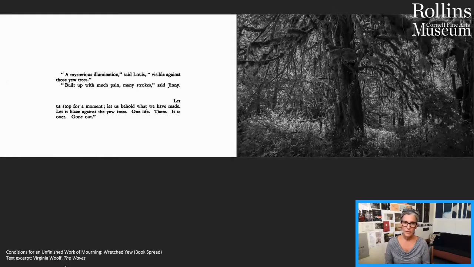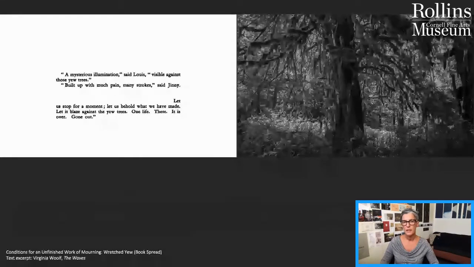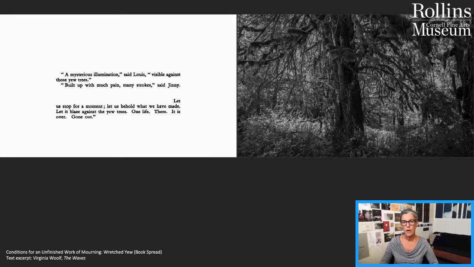So fixating on this passage again and again over time ultimately led me to start researching the complex mythological associations of the yew, which is really known as a symbol of both death and regeneration. And so the trees that Woolf would have been writing about were Taxus baccata, or English yew. But my research led me to another species of yew, Taxus brevifolia, or Pacific yew, not surprisingly native to the Pacific Northwest. And this is a region where I lived myself for 10 years in the 1990s, and continue to visit regularly and really think of as a sort of home.